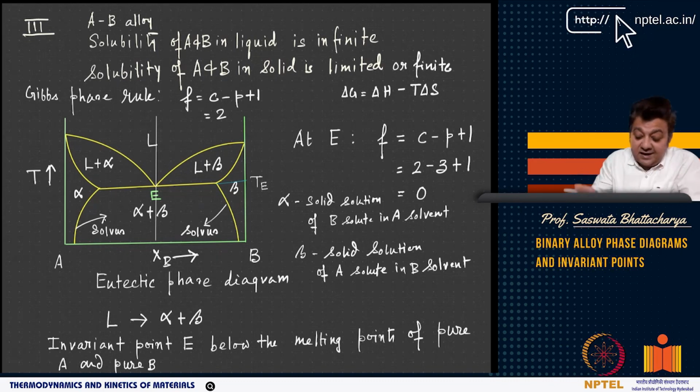One thing you have to understand, and this is again me repeating myself, is the point E. At the point E, where there is the transformation from liquid to alpha plus beta, is a very special point. Why is it special? From Gibbs phase rule, you can understand you have two components, three phases coexisting, and you have the degree of freedom equal to 0. So degree of freedom equal to 0 at this point. Even at this point, you have liquid, alpha, beta coexistence. Along this line, at this point, what are the phases?